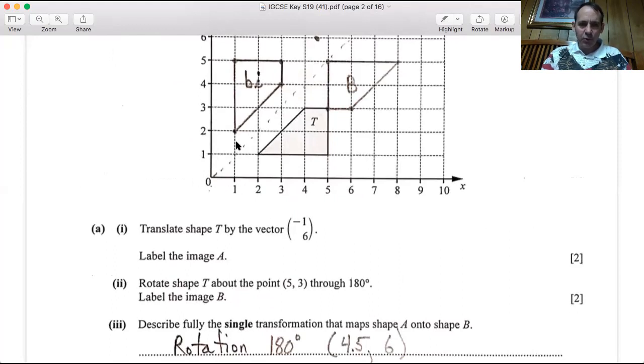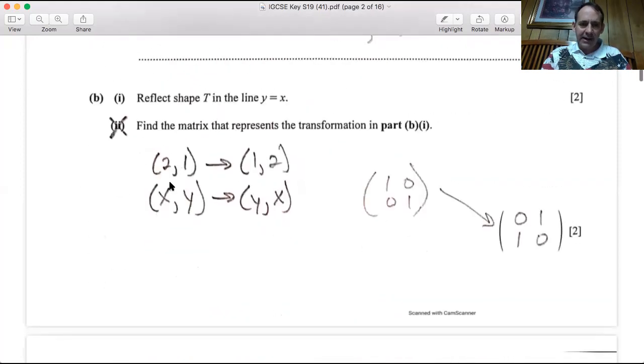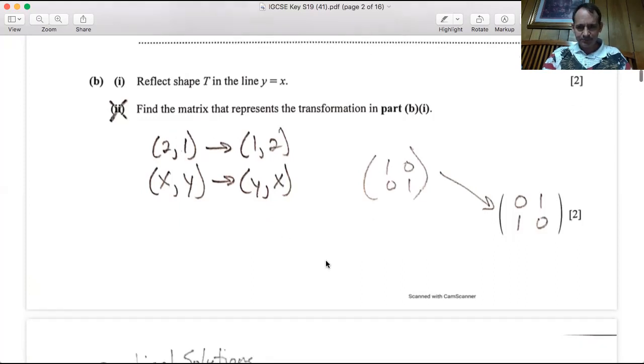0.21 becomes 1, 2. So if we look at it in terms of x and y, the x and y switch positions. Instead of 2, 1, it's now 1, 2. The x is now in the second position and the y is now in the first position. So what you want to use as your point of reference is the identity matrix, where you have 1, 0,